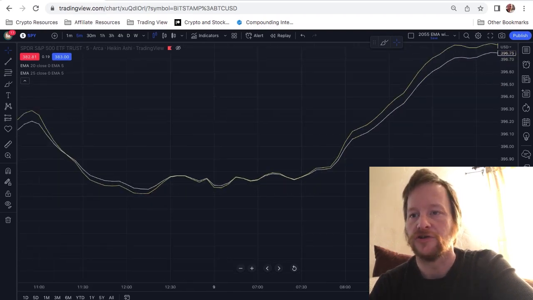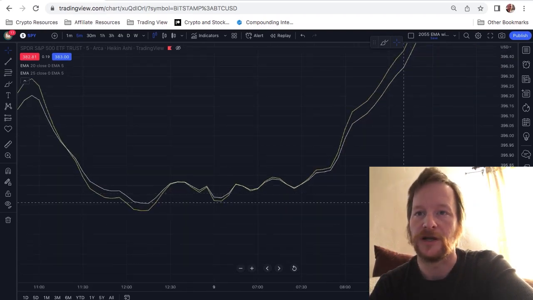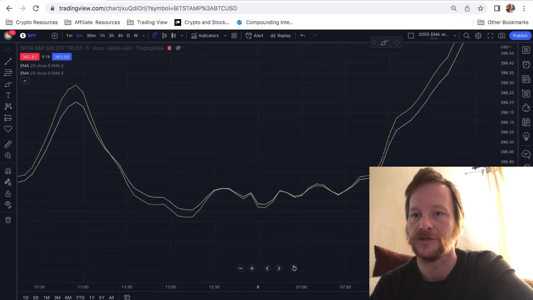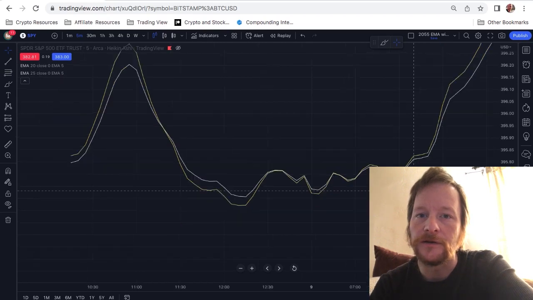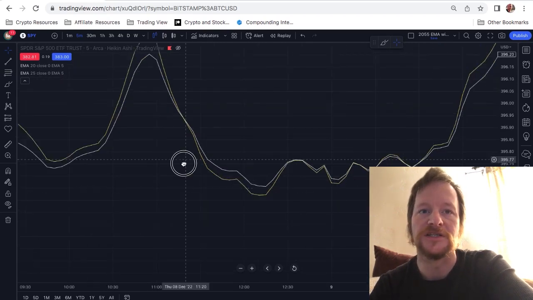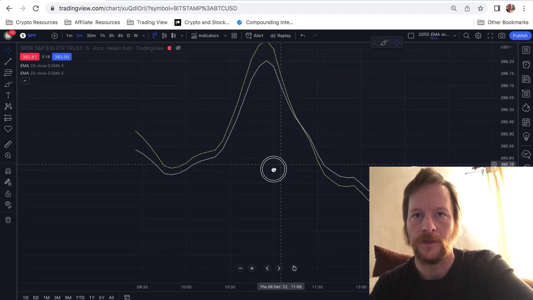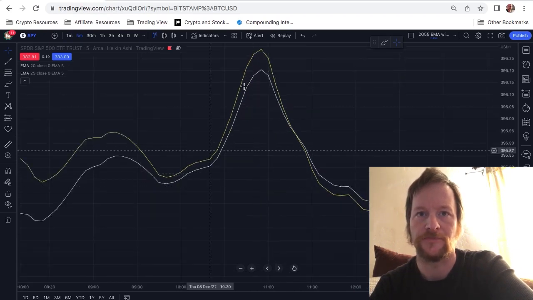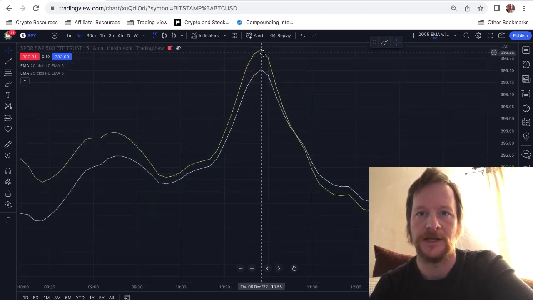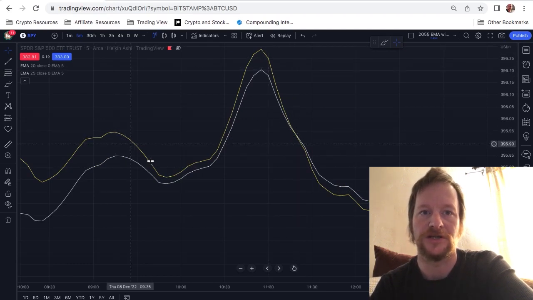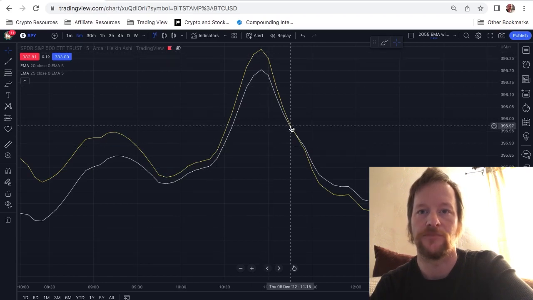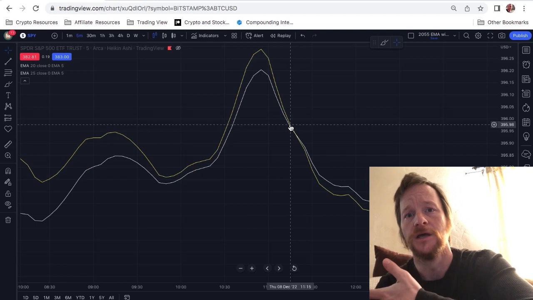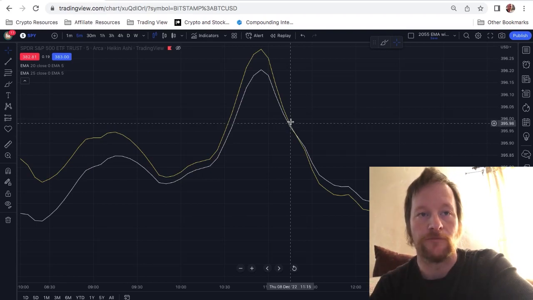So let's do this a little bit more here. We got it. Sometimes you got to get in a little bit close. Okay, so uptrend right there. Okay, we can see right here that this is an uptrend, and then it's starting to go down. It's crossing down here. So you got our candles, and it's starting with an uptrend. So this would be a point,